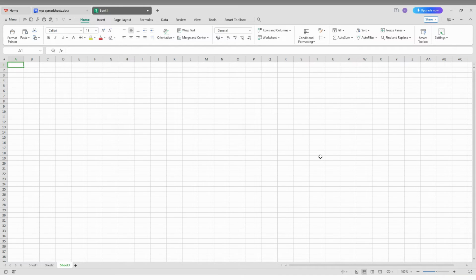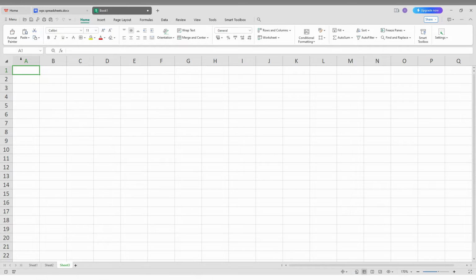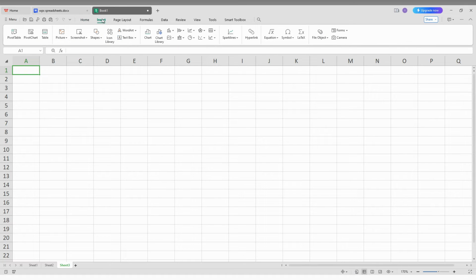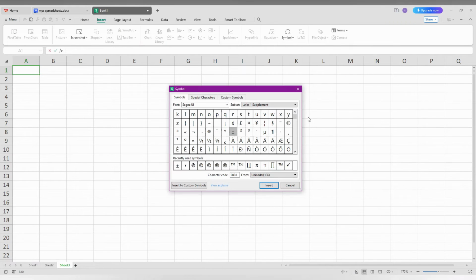So how to insert symbol on your WPS spreadsheet on your computer, I'm just going to show in this video. For that, first of all, you just click on the insert option first. Then here you just need to click on the symbol option here. Click on the drop menu. You can find the recently used symbols in the first position here, and the custom symbols here automatically you will have this option here. Click on more symbol option, and here you can find 3 tabs called symbol,